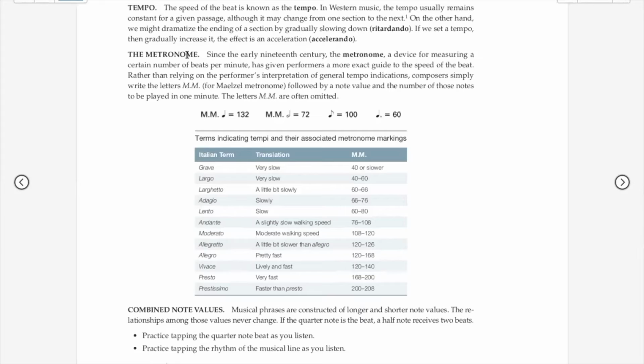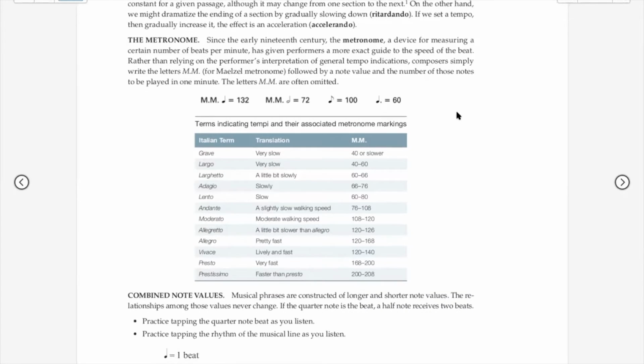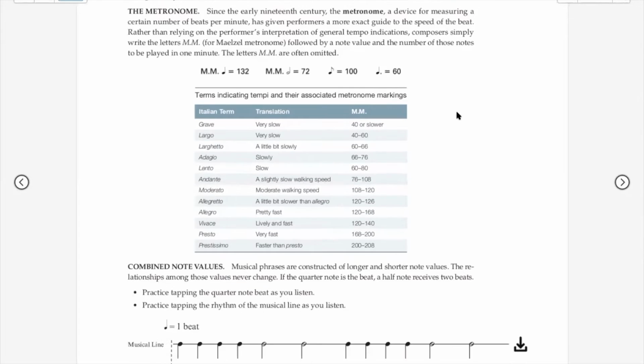Here's the discussion of the metronome. We have talked about that already. I didn't tell you that metronomes were originally a wooden mechanical device that you had to wind up, and maybe at your grandmother's piano, you might still see an old metronome. Nowadays, they are usually electronic, or even people have an app on their phone for it. So they put this in 132, 72, or 100 or 60, and they tell us what the beat will be. And in this example, they're telling us what note is going to represent the beat, a quarter note or a half note, maybe an eighth note or a dotted quarter note, which we have not discussed yet.